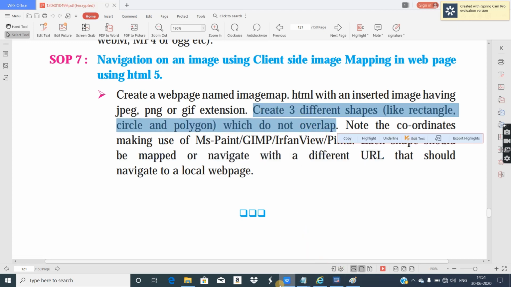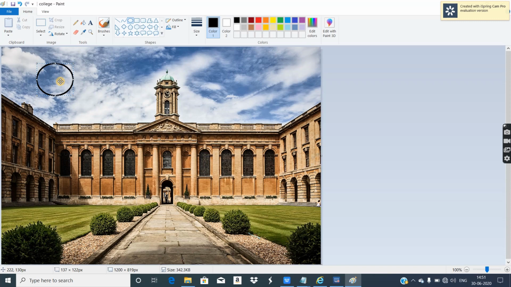So we will make them far. All the three shapes we will make far away from each other, and it's good also because if you make them very near, there is confusion between the hotspots. You click one and another page loads, which was not supposed to open. So maintain proper distances between the shapes.